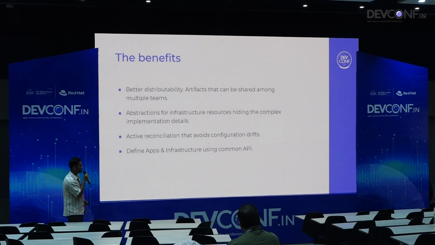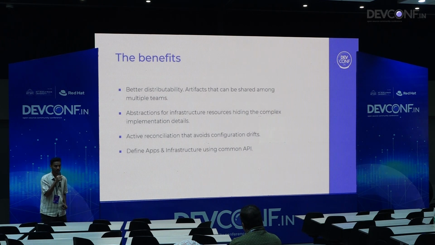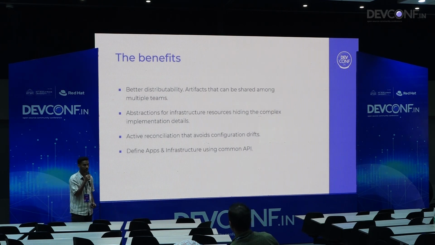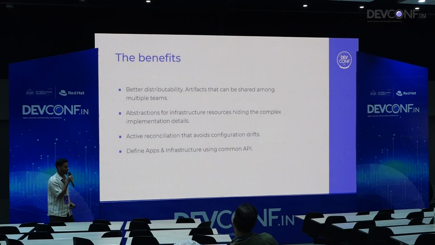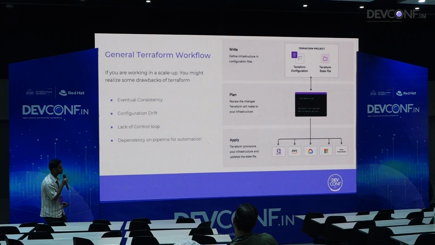And then you can have this common API. Today, Kubernetes is by far the most preferred way to run application workloads. But now you're also managing your infrastructure using Kubernetes. So that gives you the unified capability to manage your application and infrastructure with the common Kubernetes API, I think the best used API in the market right now.